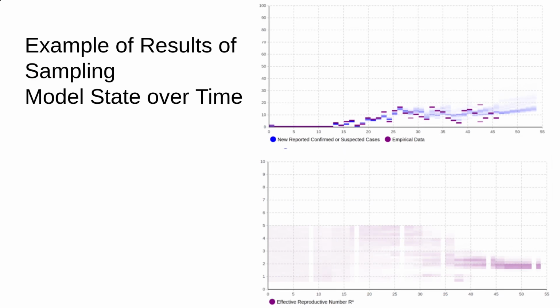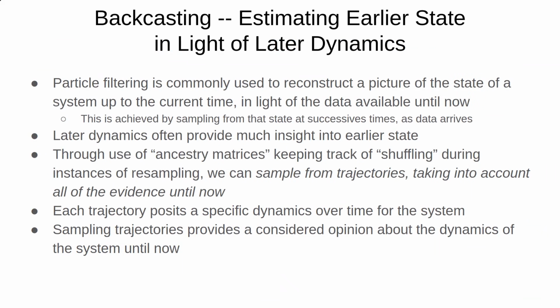This provides us a very powerful way of understanding the current context, but it can then be the basis for looking forward and understanding where things are probably going within the next week or two, given what we've seen to this point. A very important component that I referenced earlier is backcasting. So this consists of estimating earlier state in light of the later dynamics and in light of later evidence seen